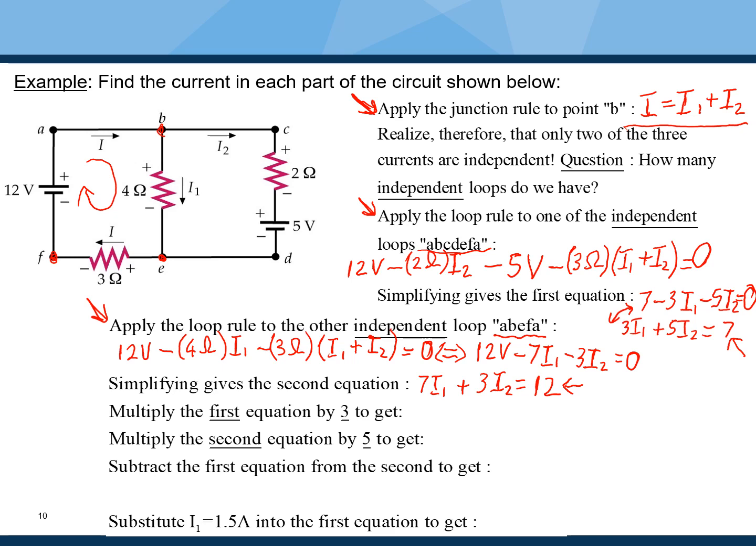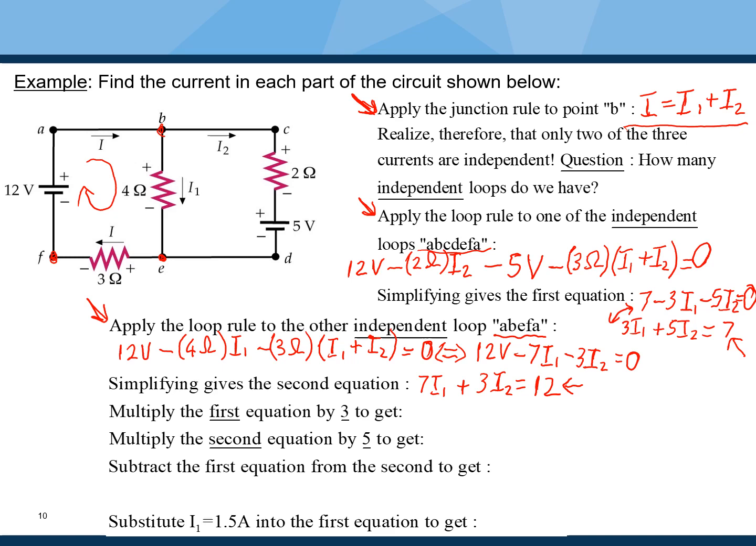The strategy for getting rid of any one of them, so let's zoom in on I2 and say that we would like to get rid of I2. How do we get rid of I2? The answer is that we take the first equation, which is 3i1 plus 5i2 is equal to 7, and realize that if we multiply by 3